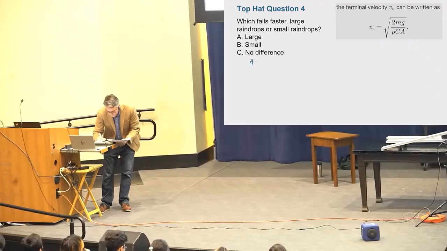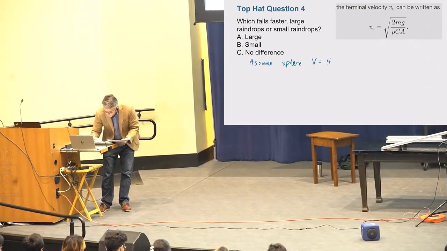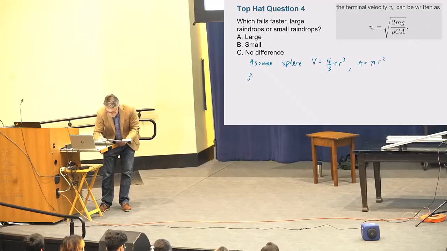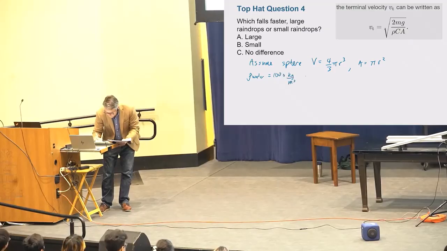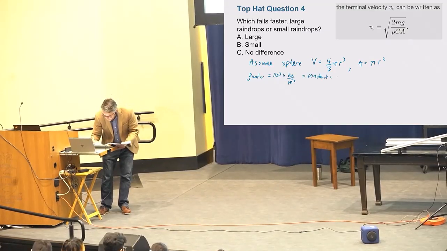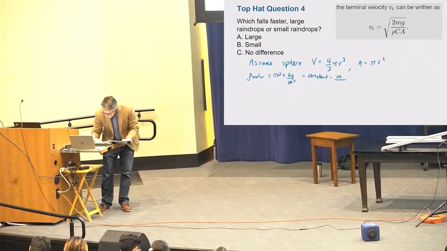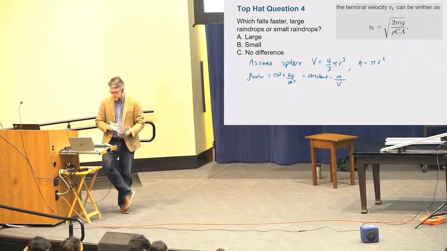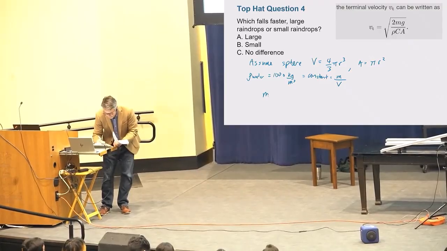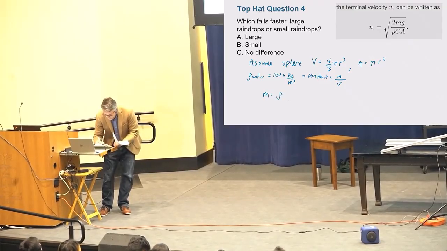If we assume, for example, a sphere, then the volume is 4/3 pi r cubed, and the area is pi r squared. The density of water is 1,000 kilograms per meter cubed, constant, and that's equal to the mass divided by the volume. So the mass is equal to the density of water times